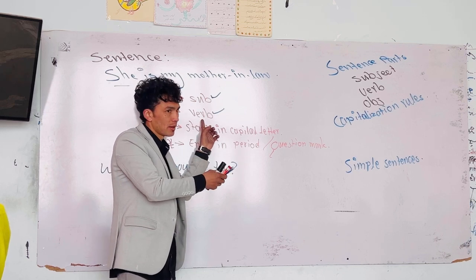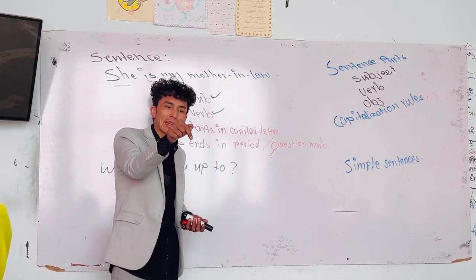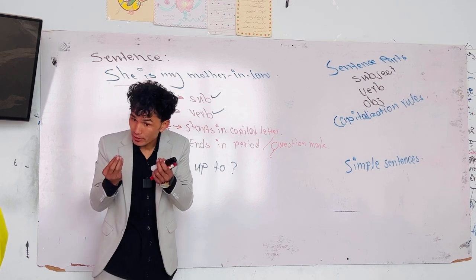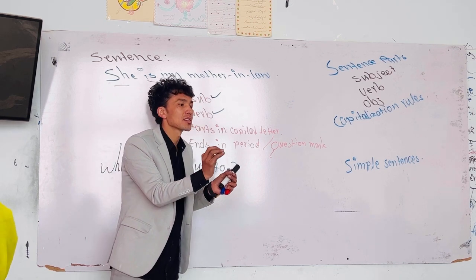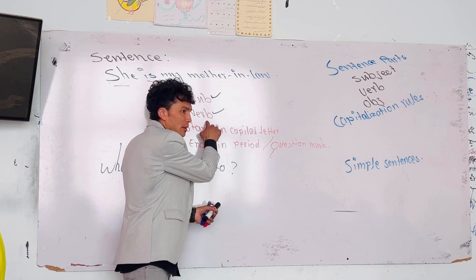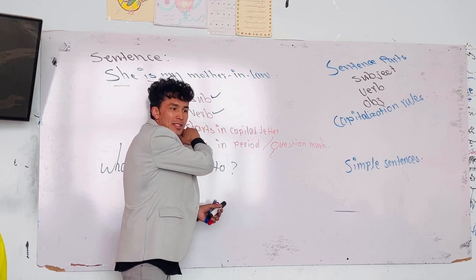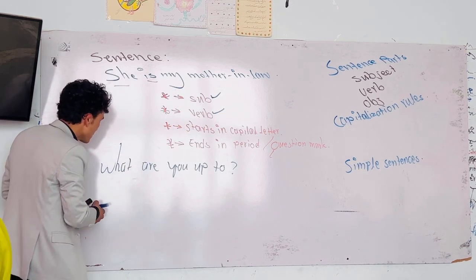اما verb چیه؟ Verb is the most important element in a sentence. Without a verb, a sentence cannot make sense. معنا نداره بدون verb. حالا مثلا شما چی میگی؟ مثلا میگی